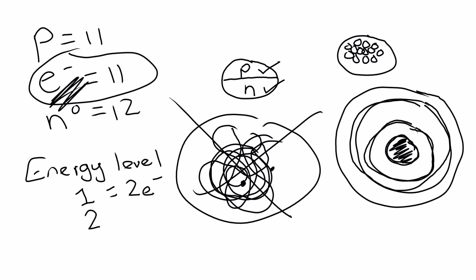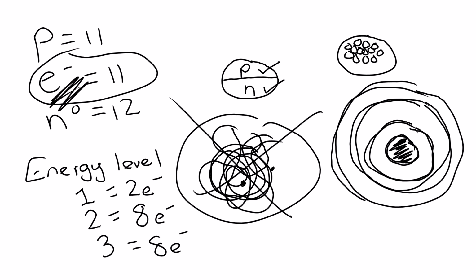Okay? And on energy level 2, I can have 8 electrons. I can have 1, 2, 3, 4, 5, 6, 7, 8, but I can't do 9. Once I go to a 9th one, I then have to move on to energy level 3, and energy level 3 can have 8 electrons. Okay? This is how it is in real life. It's not something that we've made up to make your life more difficult. In real life, energy level 1 has 2 electrons, energy level 2 can have 8, and energy level 3 can have 8. You cannot move up an energy level until you have maximized the number of electrons per energy level.